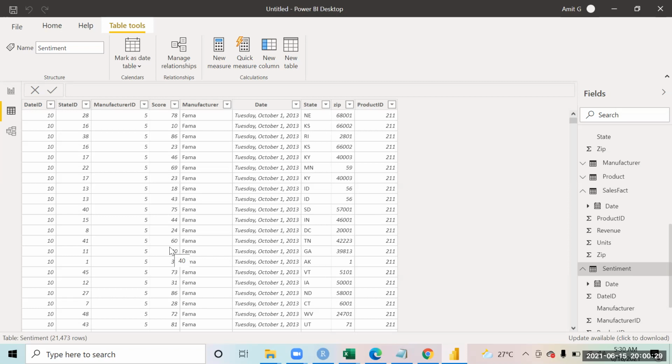We already made a relationship via zip code, so there's no need to have another relationship via state ID, right? That is not required. You can only make one relation. You will either make it by zip or by state ID. So if you have made it by zip code, you don't need to make it by state ID in that case. Yeah, because most of the columns seem to be irrelevant in some of the tables.